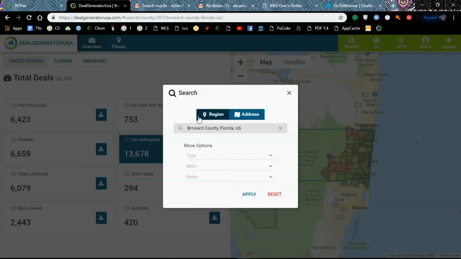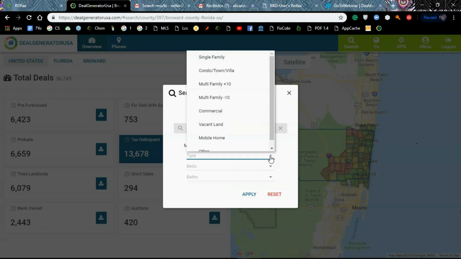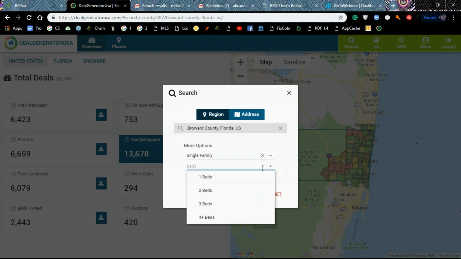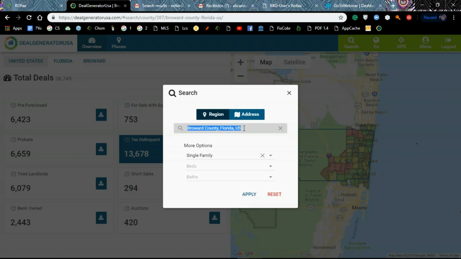We have more options besides only the county. We have here property type. We can zero in on only single family. We can select either single family, condos, townhomes and villas, multifamily plus or minus 10, commercial, vacant land, or mobile homes. Let's select single family here. We can select the number of bedrooms and bathrooms too, but I'm not going to select any of that. I'm going to click on apply, and I wanted to zero in on a